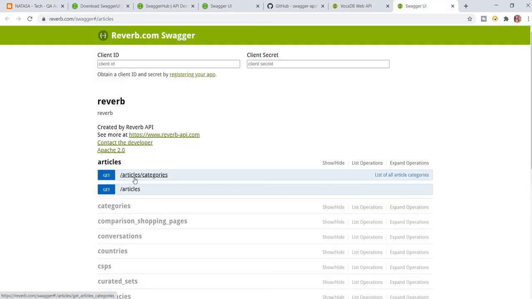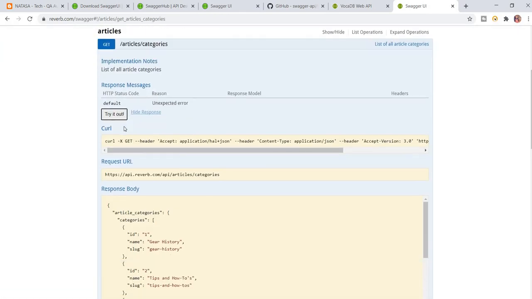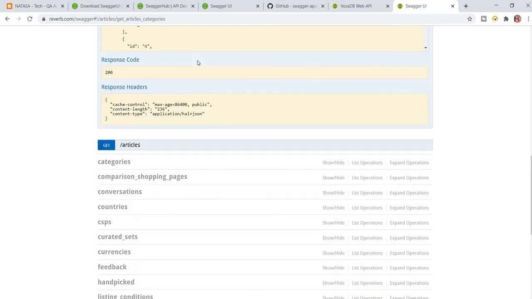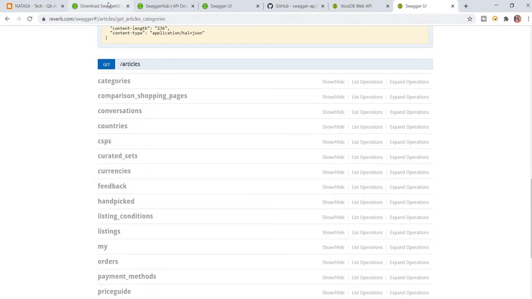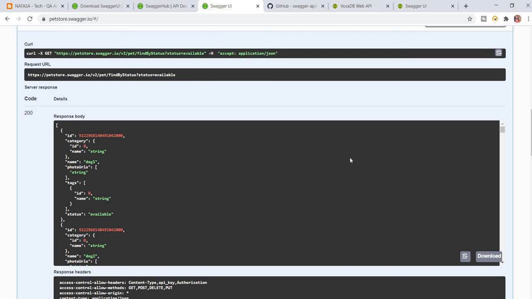So here click on categories, try it out. I'm going to take this one. I'm going to show you a different 400 error or something. One minute.